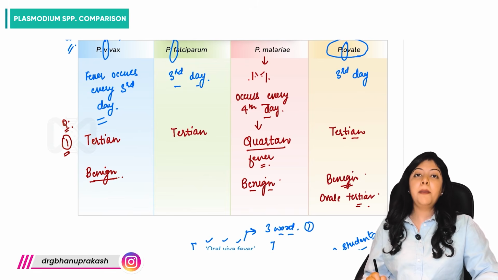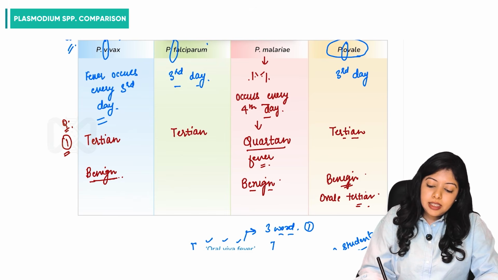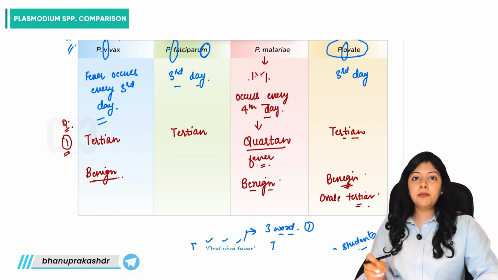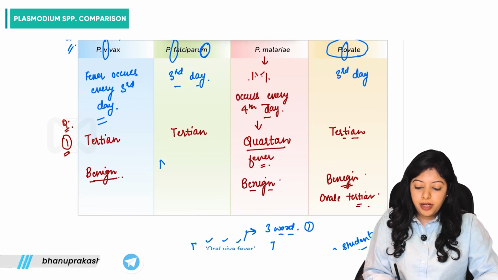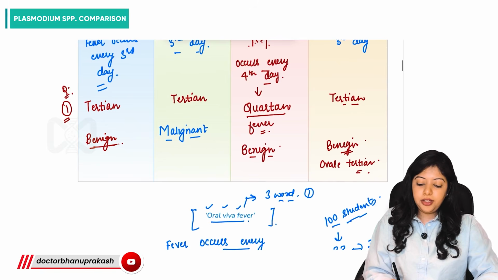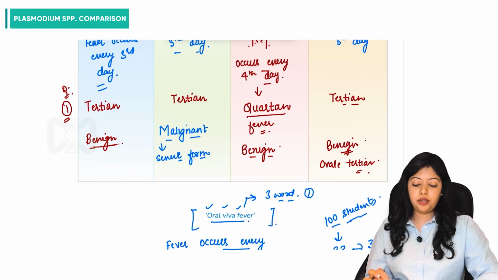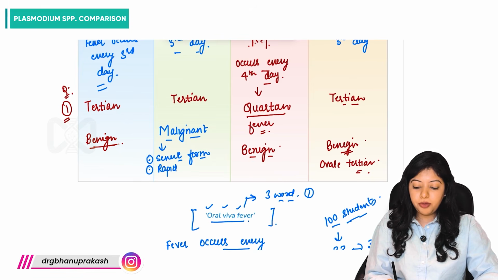Now talking about falciparum, Plasmodium falciparum. Take the last letter from falciparum, M. With M we'll be able to identify 2-3 important high yield points. So M stands for malignant form of malaria. Why malignant? Because firstly, it is a very severe form of disease, infection, and it is very rapid in progression.